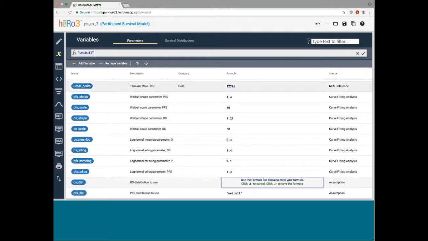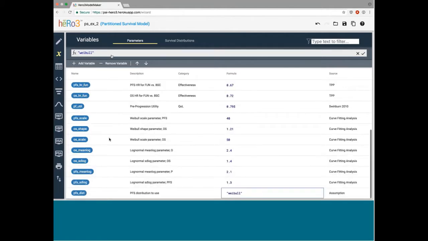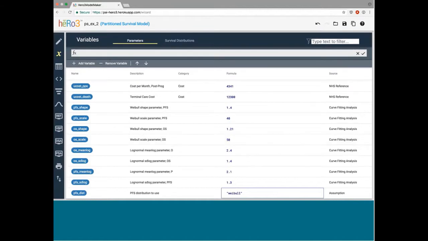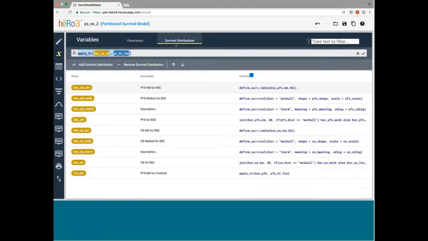Elsewhere, we're going to have a conditional function which essentially reads this variable, and we'll use the appropriate survival distribution depending on whatever it's set to. And so based on that, we're going to be able to switch between those two distributions. Now, switching to the survival distribution stage,